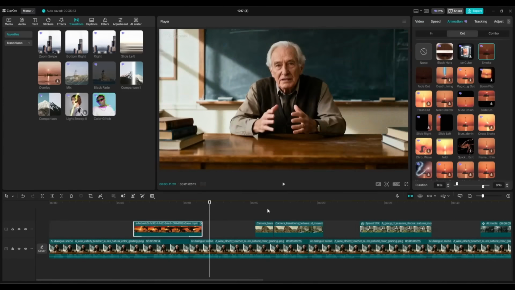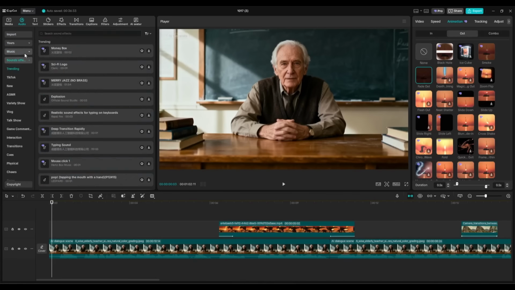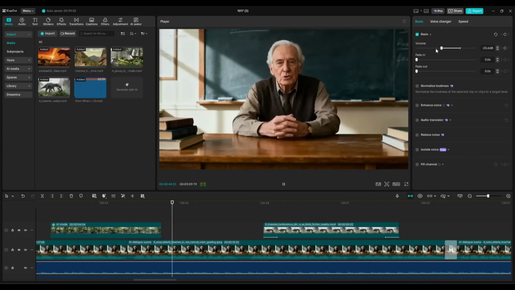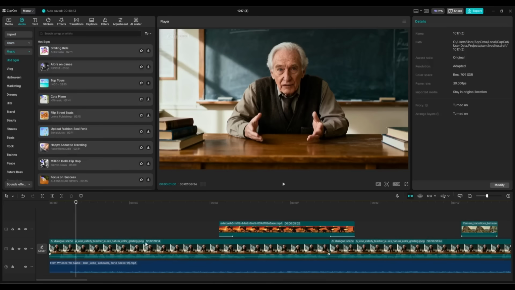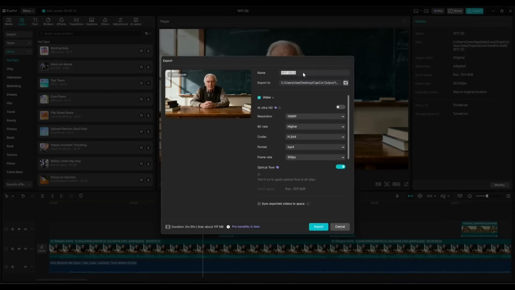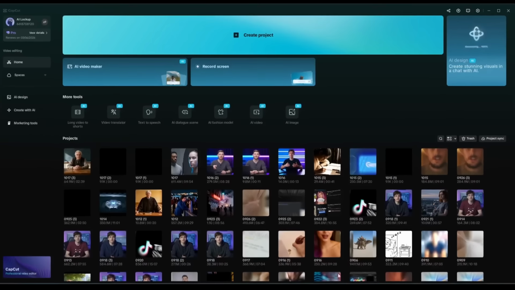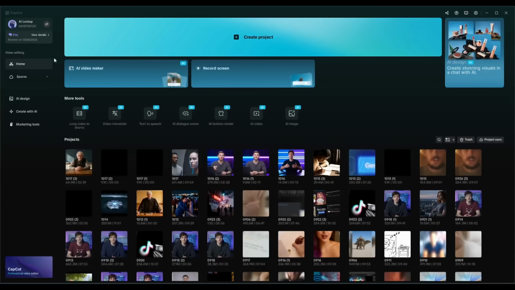Once all the assets are ready, place them according to the script. Add transitions, effects, sound effects, and other elements to make the video engaging. You will get everything inside CapCut. Once done, hit the Export button and then export to your device. As it will take some time to render the video, let's talk about another amazing feature of CapCut AI, the